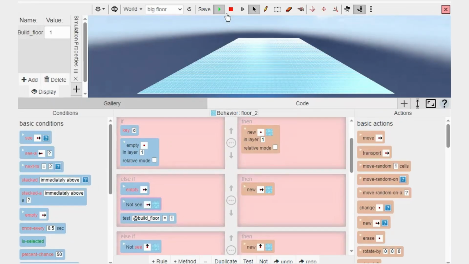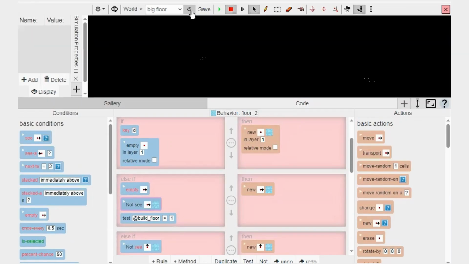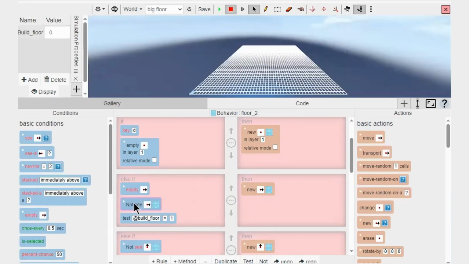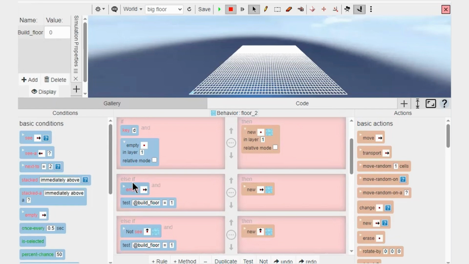Now that's a better condition to use than if I not see. So let's redo it. I'll stop, redo the simulation. And now I'll say, is it empty to the right? Let me get rid of the not see. And I'll do this. They both work, but technically it's more correct to say, is it empty? Because the world isn't empty to the right, it just doesn't exist. So now if I run it again,